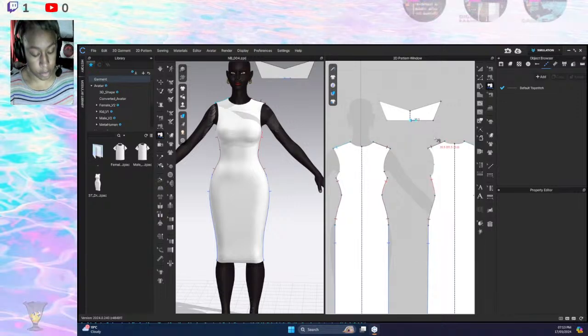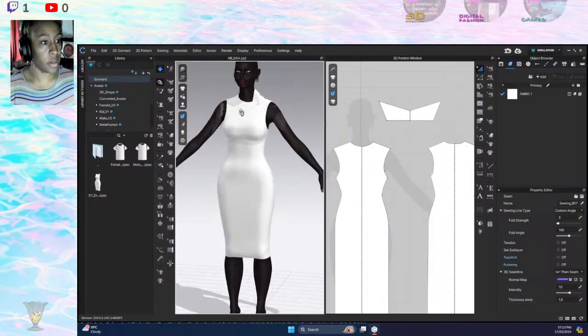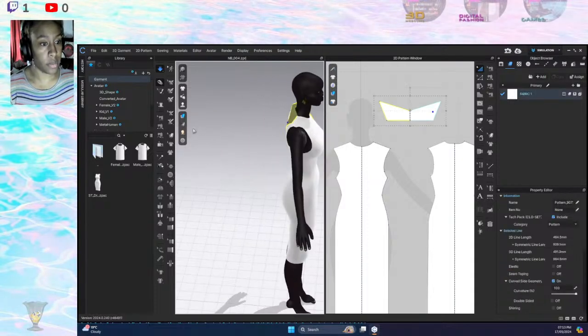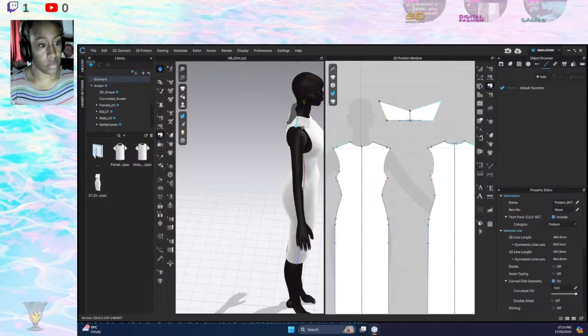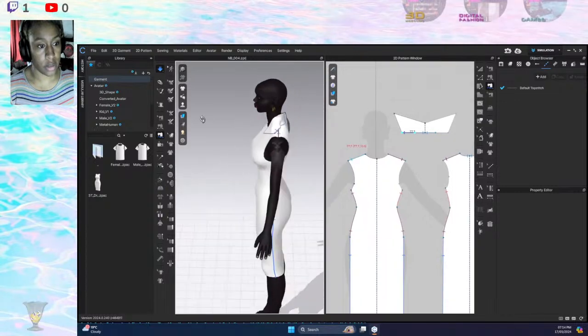Nope, I've done that the wrong way around. Okay, I might actually have to let it be sewn before I can work out. So, okay, so it's the other side,